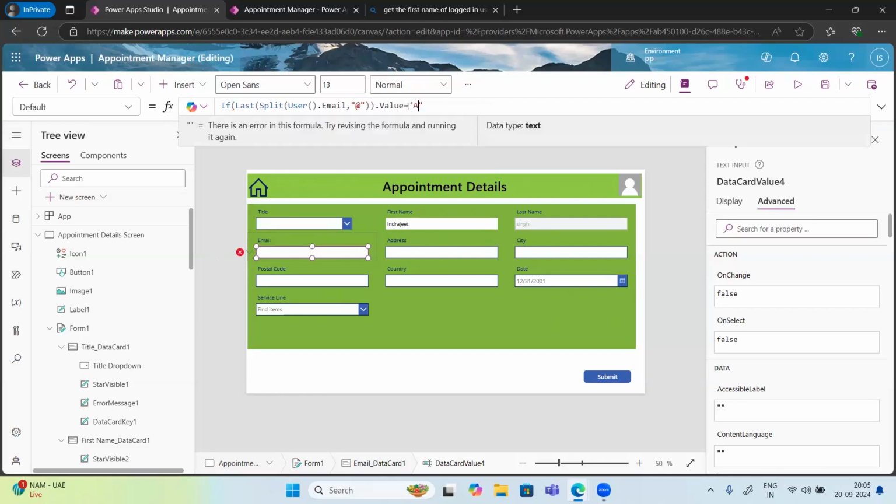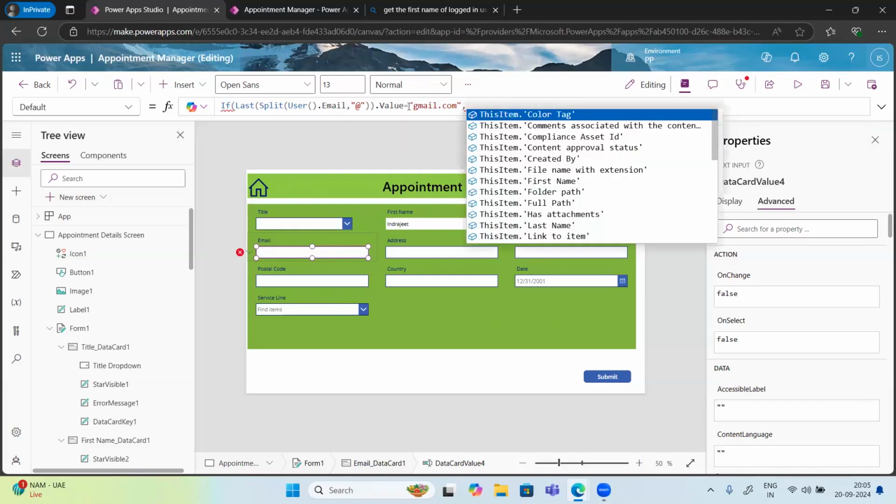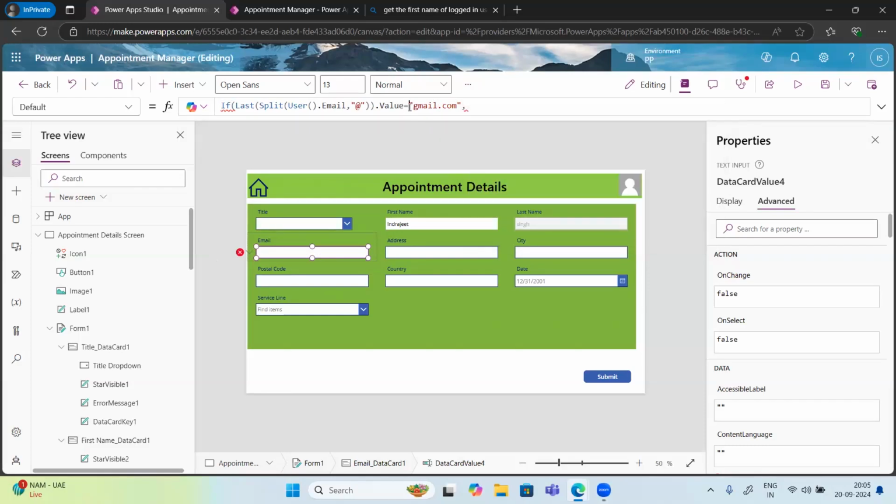We will say gmail.com. Then we will let the user add. Otherwise, if it is not like that, let us put the negative condition here. If it is not equal to gmail.com, then you need to reset the control,